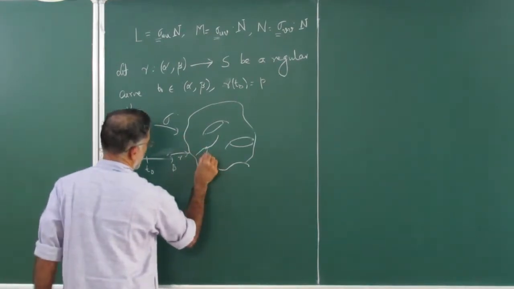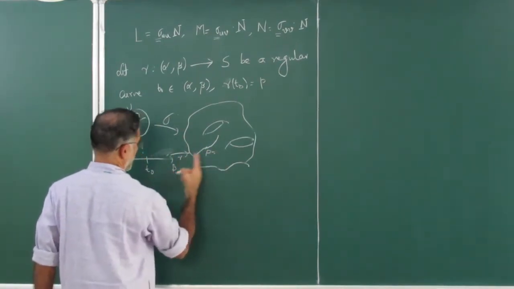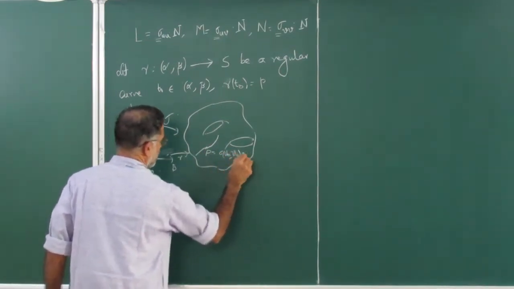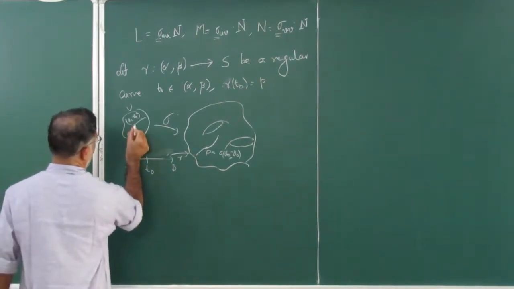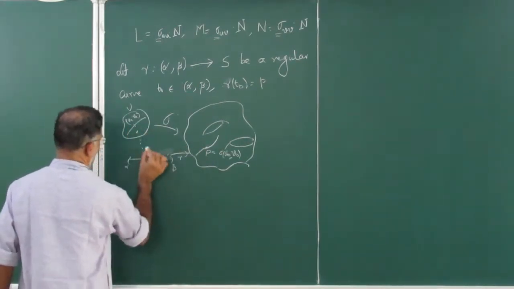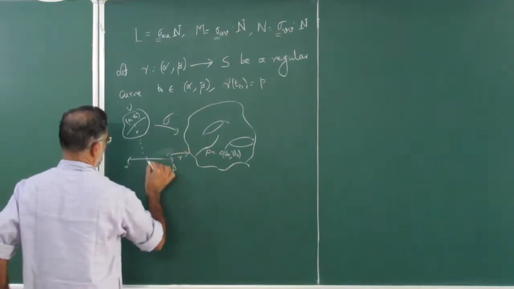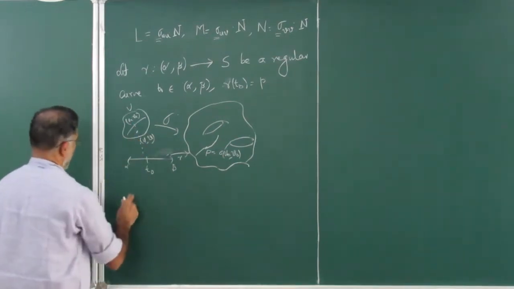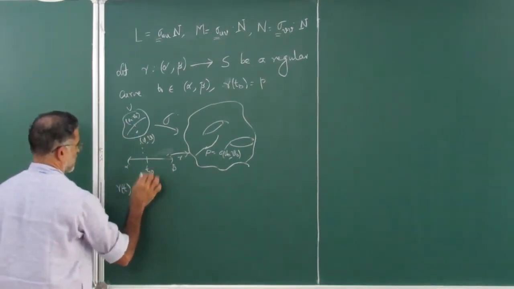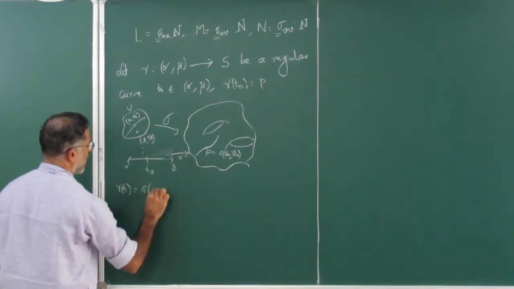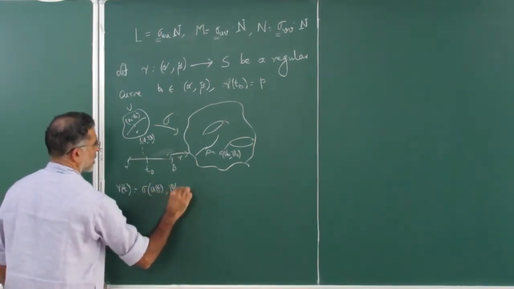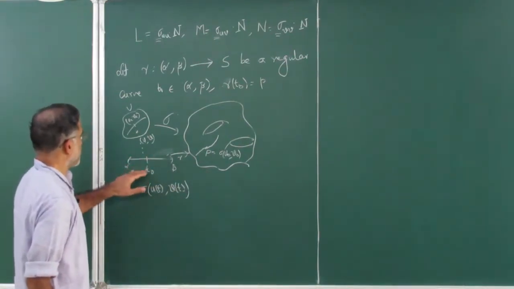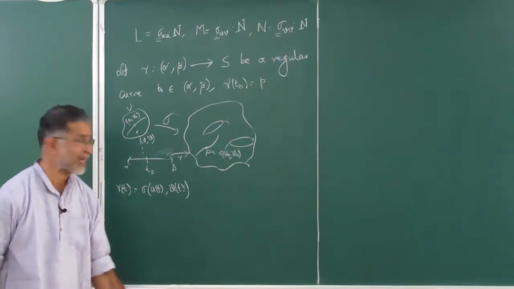Sigma of this p is equal to, one is gamma t naught, the other one is sigma u naught, v naught. So you go here, you go to t naught, and then you have this function uv here, and gamma t is equal to sigma composite this uv. So sigma, this we have proved in the beginning. It's a very, very useful thing. Every path can be routed through the surface patch.